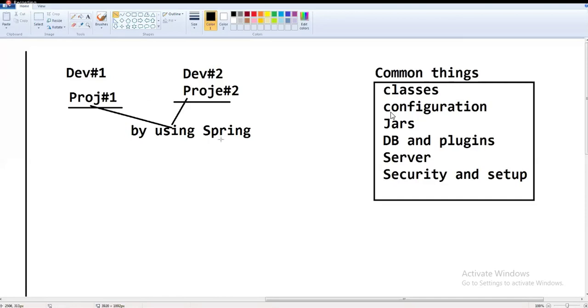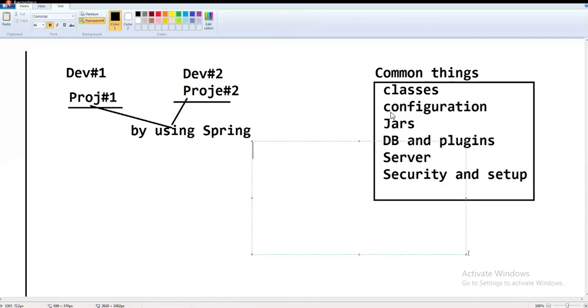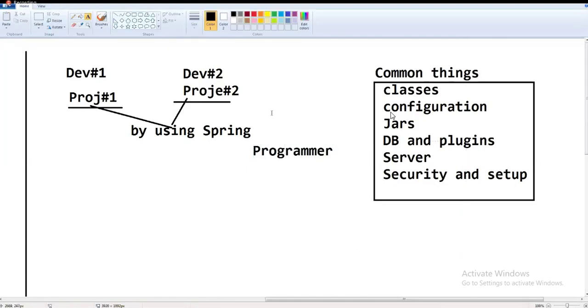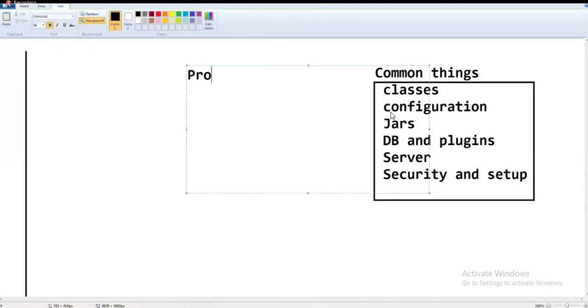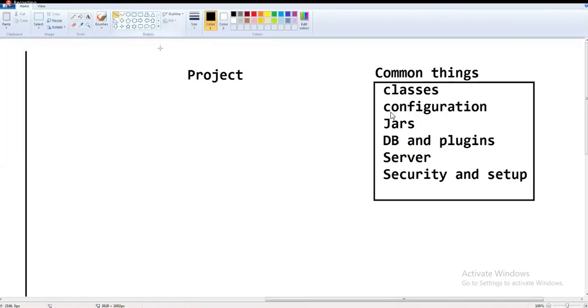Generally, if you are using the Spring framework, all these things are provided by the programmer. In case of Spring, these are all provided by the programmer. Now I'm saying no, these common things are not provided by the programmer. These are provided as one project. This project is not a complete project.